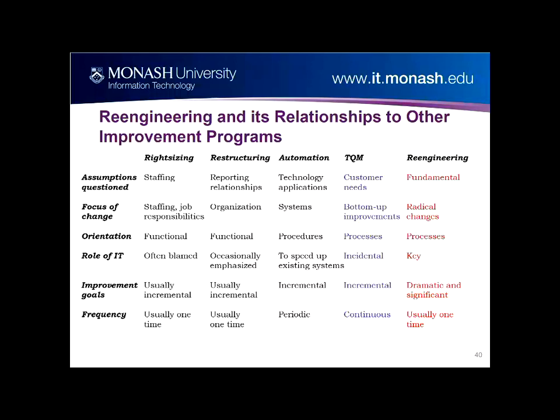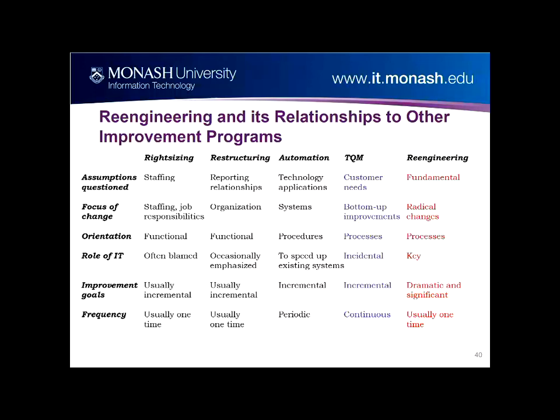okay? Re-engineering. And really you are aiming for re-engineering for a radical improvement of your business process, okay? And okay, dramatic and significant, okay? Improvement goal, okay? Usually one time, okay? But if the re-engineering fails, what will happen? You abandon the re-engineering, maybe you close down the process, maybe you do something else, abandon the process,